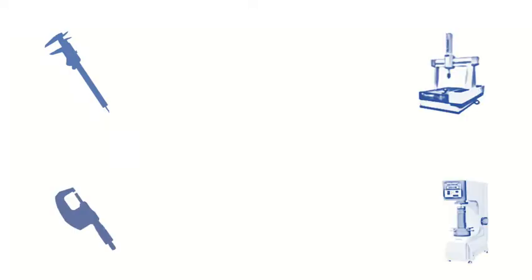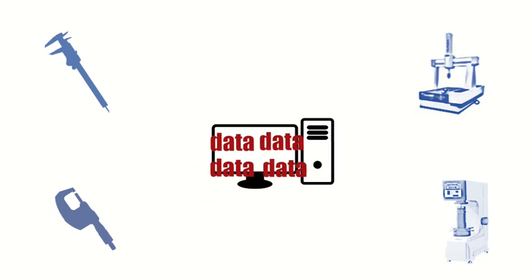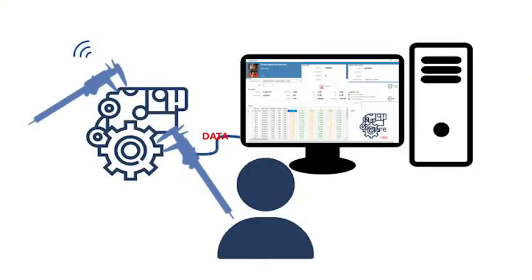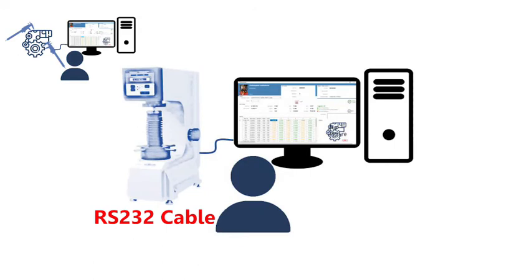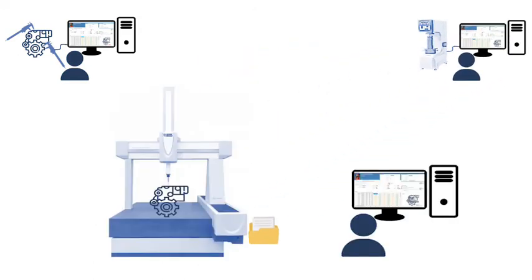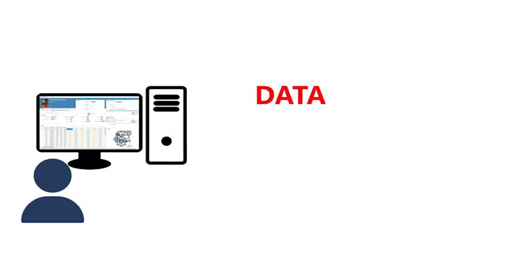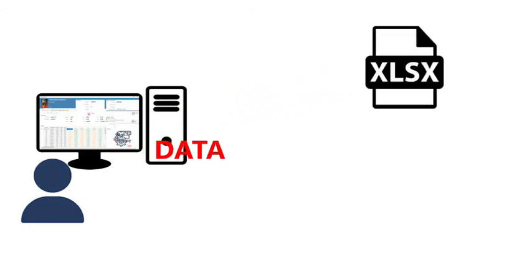Fact Measure. Fact Measure is software that can link data from measurement tools and record data to a database. The software can link data from small tools by cable or wireless, and can link data by RS-232 cable. Also, we can link by reading data from a file. After we record data, we can export the recorded data to an Excel file, and we can analyze the recorded data, for example,